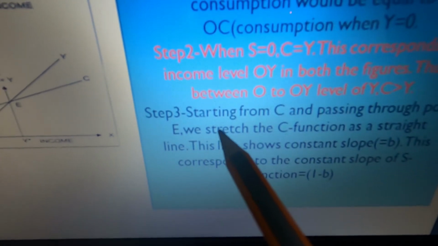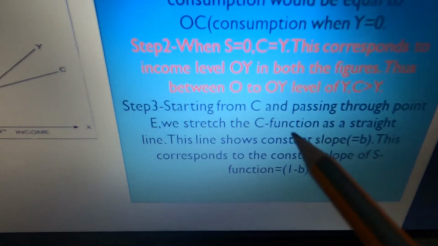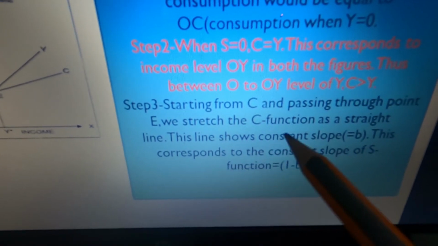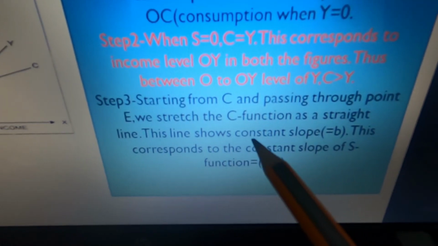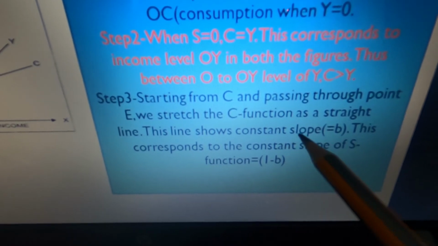Now we go for step number 3. Starting from C and passing through the point E, we stretch the consumption function as a straight line. This we have seen in the consumption function, right? So starting from C, that means from here, and passing through point E. The E point is this one, right? So like this, we have to stretch the C function. And we have seen before, the consumption function line will be a straight line. This straight line consumption function shows a constant slope, right? Which is nothing but